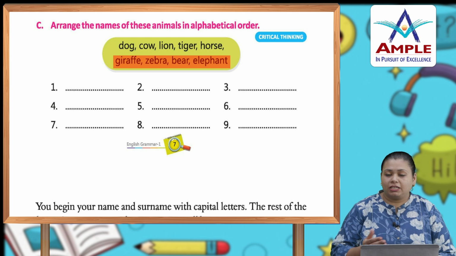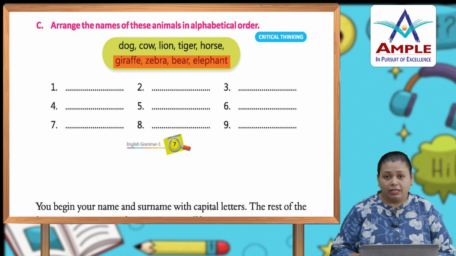A, B, C, D. There is no name started with A. Then after that, B for bear, C for cow, D for dog. Okay, now after that you have to complete the rest of the part. Find out the letter that comes after E and then write down a name started with that letter in the column